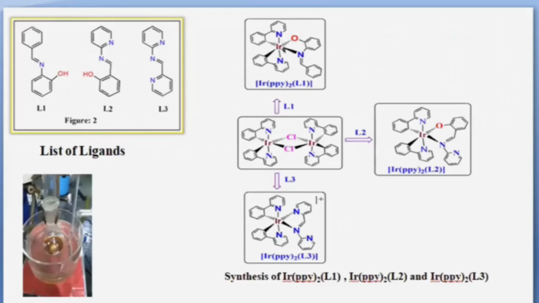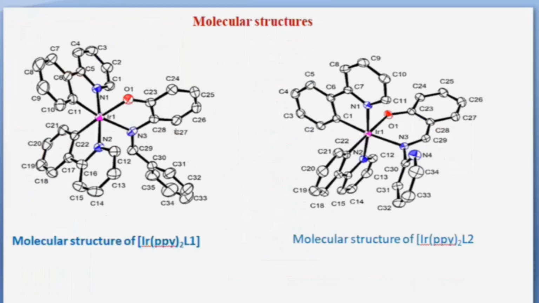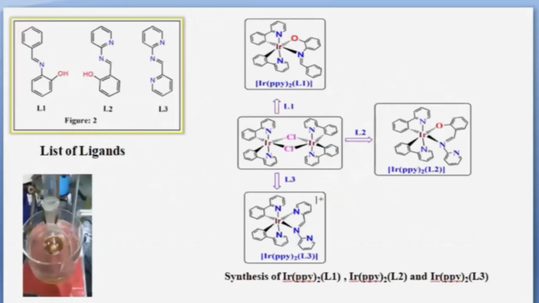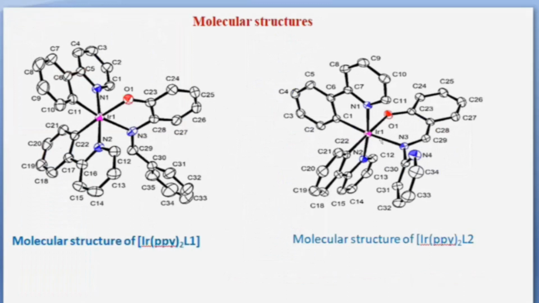Similarly, using these two kinds of ligand, I produced the second and third kinds of final iridium complexes. After producing the three kinds of iridium complexes, I characterized them by single crystal X-ray diffraction. From the single crystal X-ray diffraction, I confirmed the structures of 1 and 2. Here the structures of 1 and 2 are shown, obtained by the single crystal X-ray slow diffusion method and analyzed using OLEX